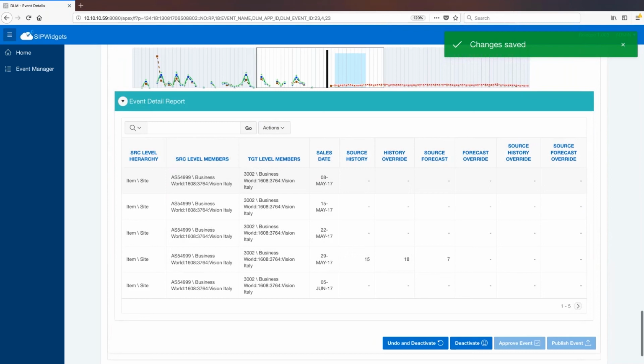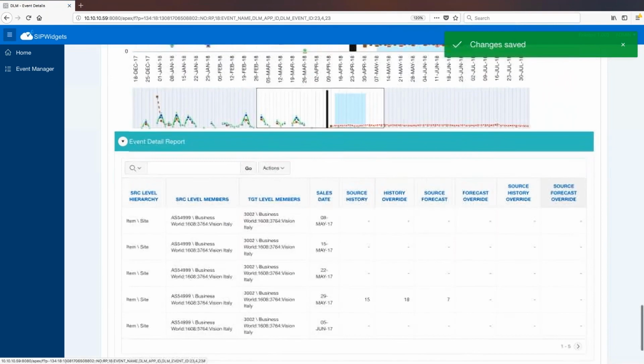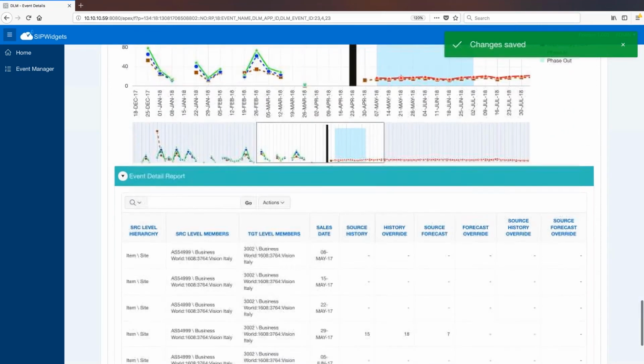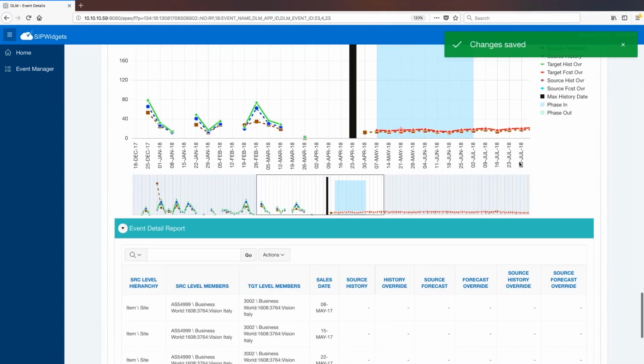So just to summarize, we created a new phase-in combination using source history, forecast, and also the customer portfolio of these source combinations. This event will continue to work once approved through the event launch end date, which is the 2nd of July, and today is 23rd April. It will continue to copy the history and the forecast to the new combinations until then. No effect on the source combinations would be made, since this is a phase-in event only, leveraging the source information.